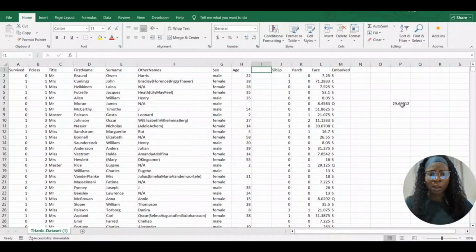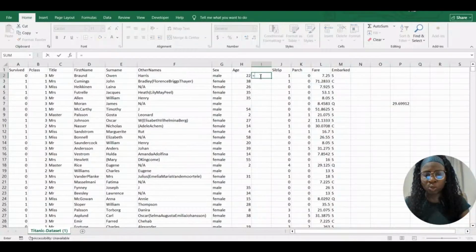But if there are no missing values, still maintain the original value or the original age, right? So now we're going to say equal to IF, open bracket, if H2 is equal to, you're going to put a quotation mark,